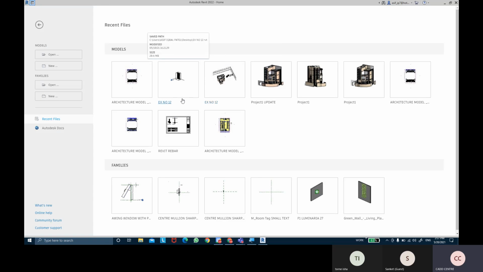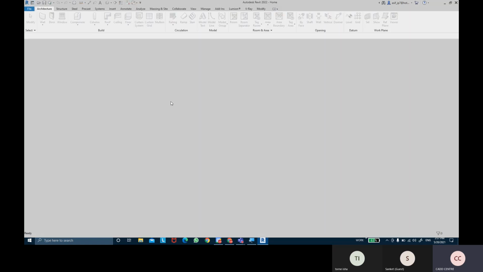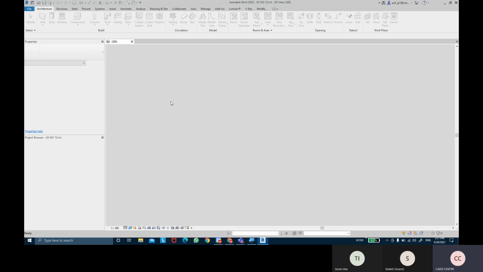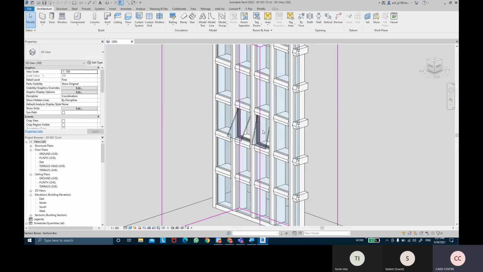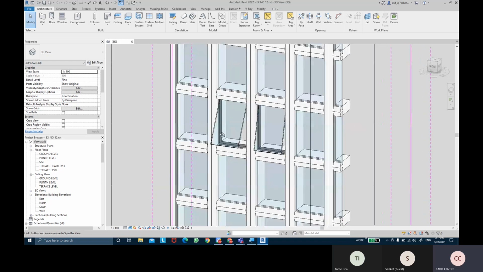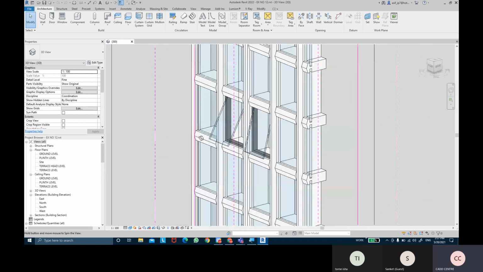Okay, so just open that same existing file. Yesterday we did a window for the curtain walls.